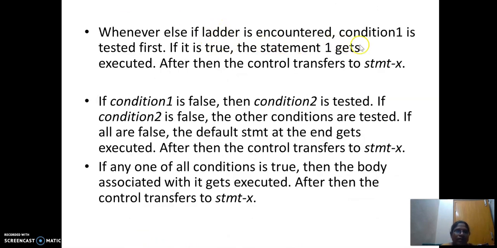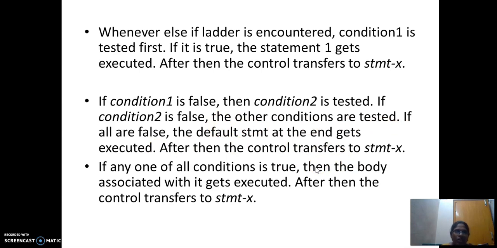Whenever an else if ladder is encountered, condition 1 is tested first. If it is true, statement 1 gets executed. After that, the control transfers to statement X. If condition 1 is false, then condition 2 will be tested. If that is false, the next condition will be checked. That means it will check all the conditions till the end.